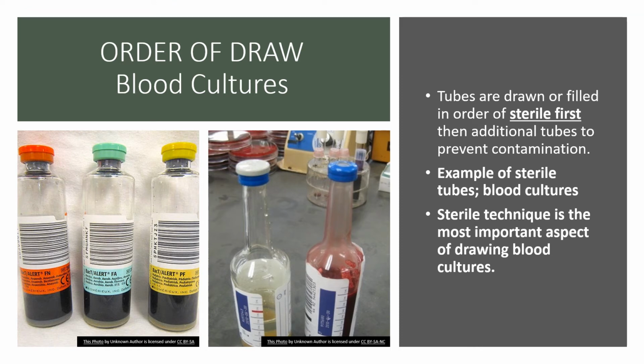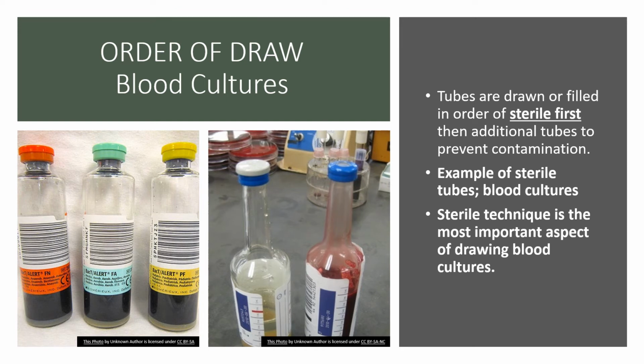We put it at a temperature it likes, at the temperature of your body, okay? Now, we know that it has across the bottom, that's there so it can see the growth. We know there's media in there, right? There's an anticoagulant in there, which is something that's in that tube to prevent that blood from clotting. And sometimes there's other different kinds of chemicals inside those blood culture bottles that inhibit or stop the normal breakdown of